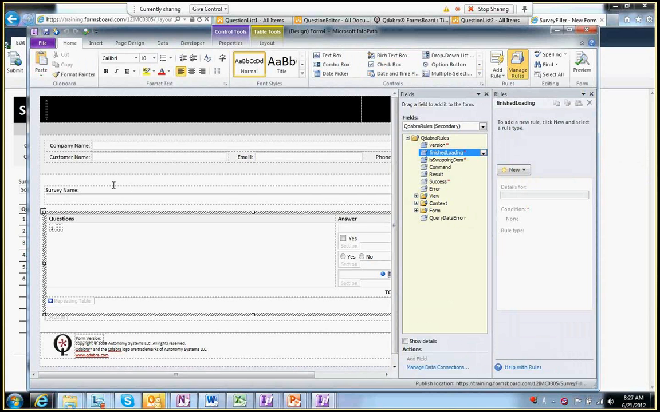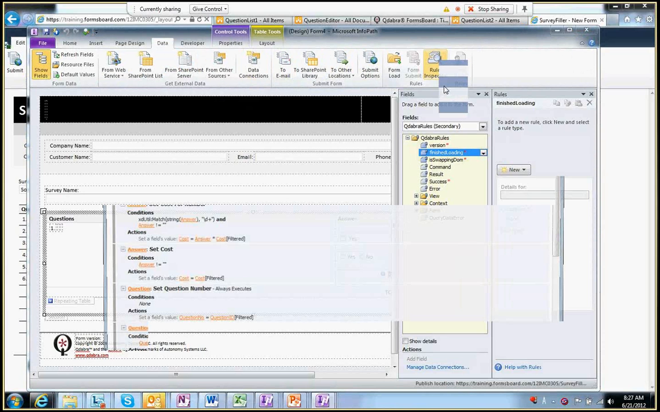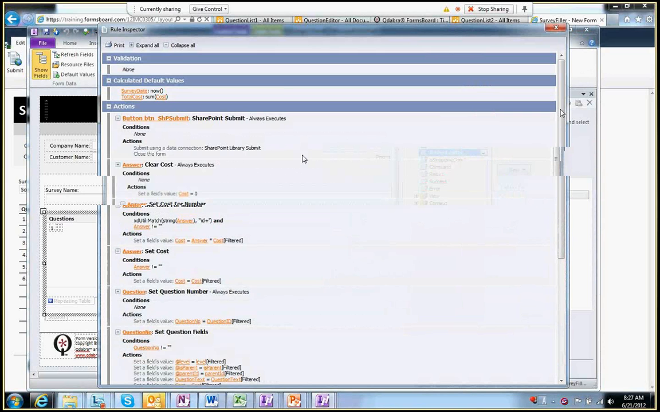So where is it here? When we open the form, there is a rule that's going out there, and if we don't know where it is, what's the trick? Well, it's easy. You just go into your data view, and there's a button on here to click on Rule Inspector, and you can see all the rules in the form. So you can see here that